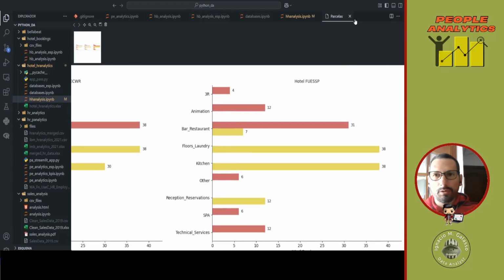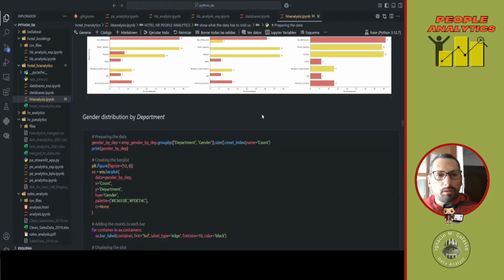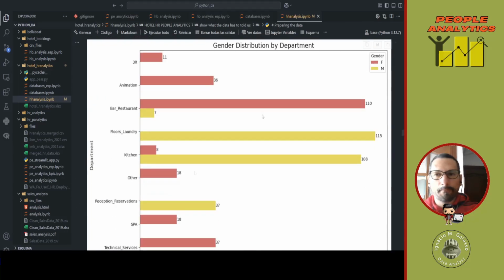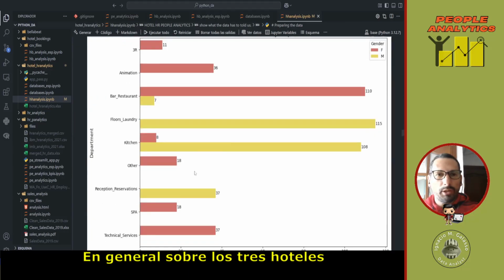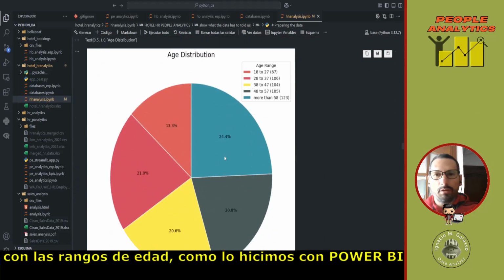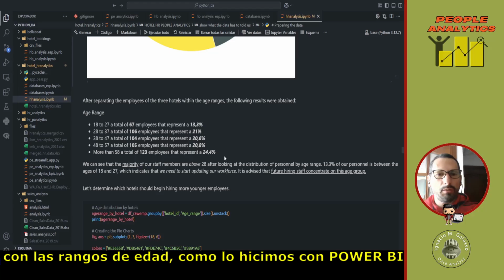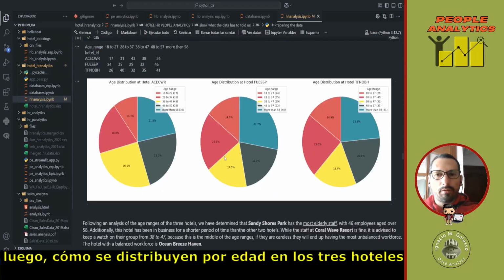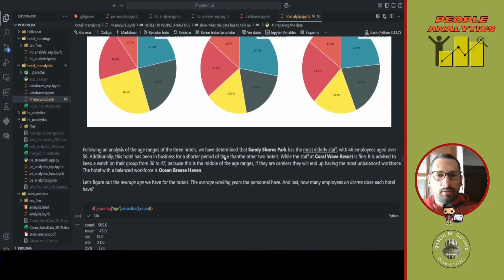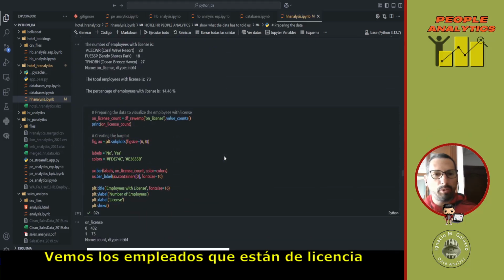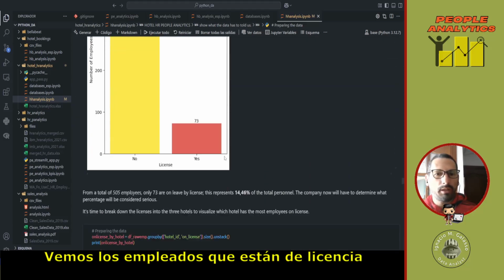See the gender distribution by department over the 3 hotels, the distribution by age, the age range that we created in Power BI, then distributed by hotel, the employees that are on license,